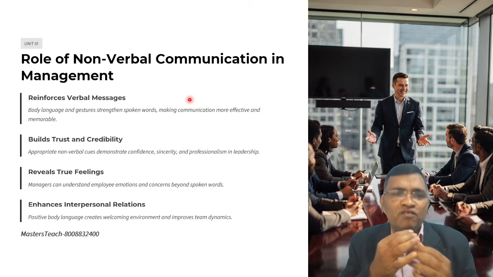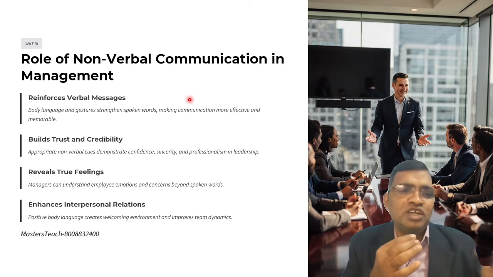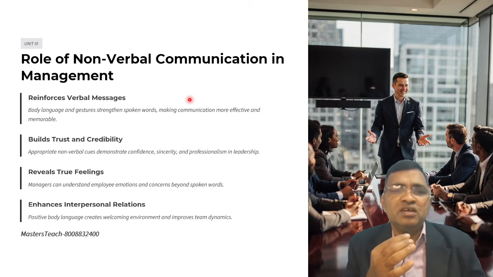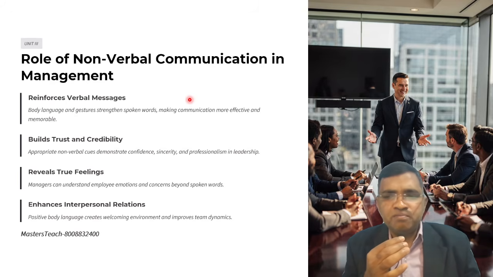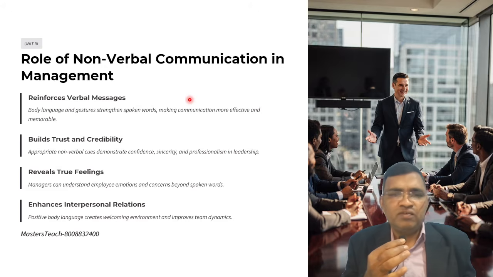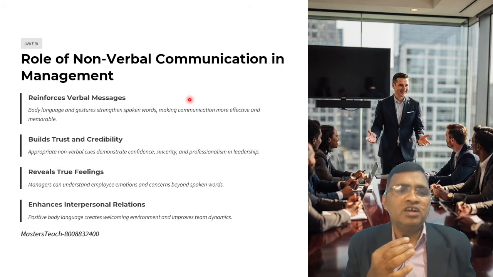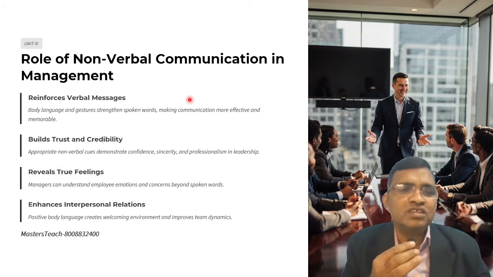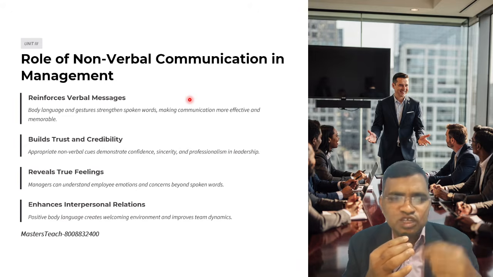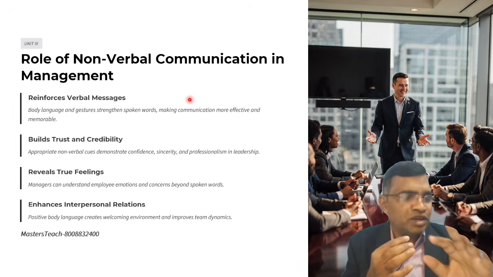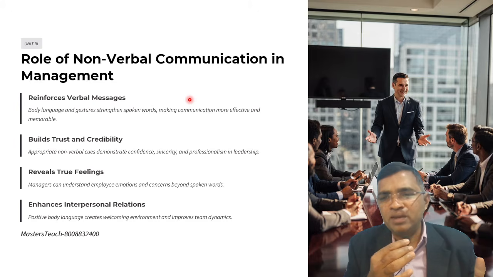Then the role of non-verbal communication in management. It plays a bigger role when you are presenting. It reinforces: body language and gestures strengthen spoken words, making communication more effective and memorable.